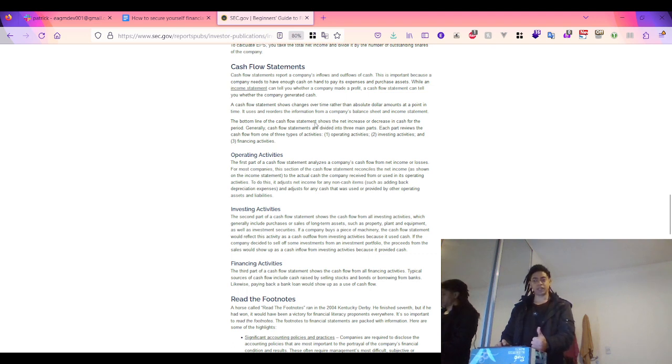The operating part can be broken down into common operating assets and liabilities. This first part analyzes the net income from the income statement and reconciles it with the total amount of cash that was used or received from operating activities. So the most common operating activities, as I mentioned before, can be broken down into